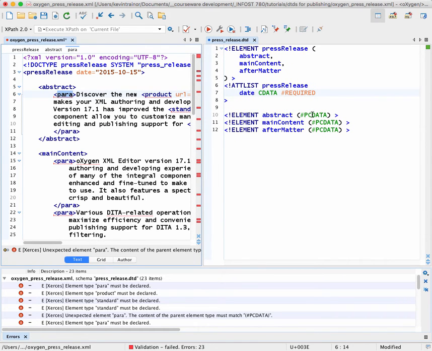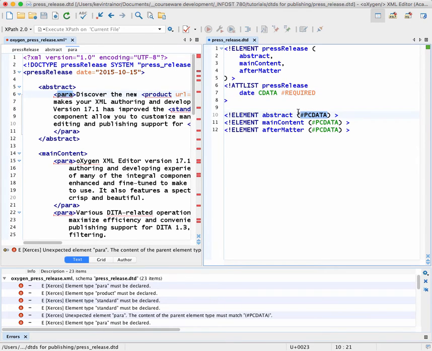So in abstract, let's say that we can have multiple occurrences of para. Para asterisk. Okay. Now, I just want to point out, para asterisk is my style, but I'm going to try a slightly different style here because